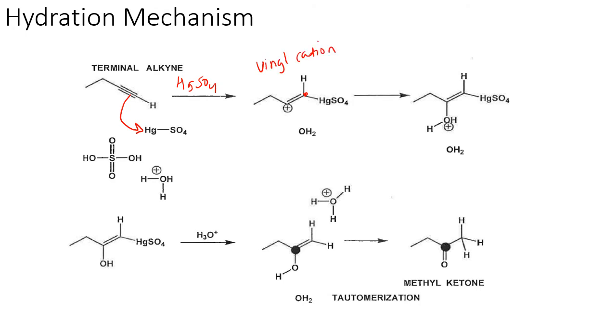And we want to put our cation on the more substituted side. And so we have our alkene still intact. Next, our water comes in and acts as a nucleophile and attacks the positive charge of the vinyl cation. So now we still have this organometallic mercury sulfate hanging out, but we've also added water to the more substituted side. So we can undergo a proton transfer step